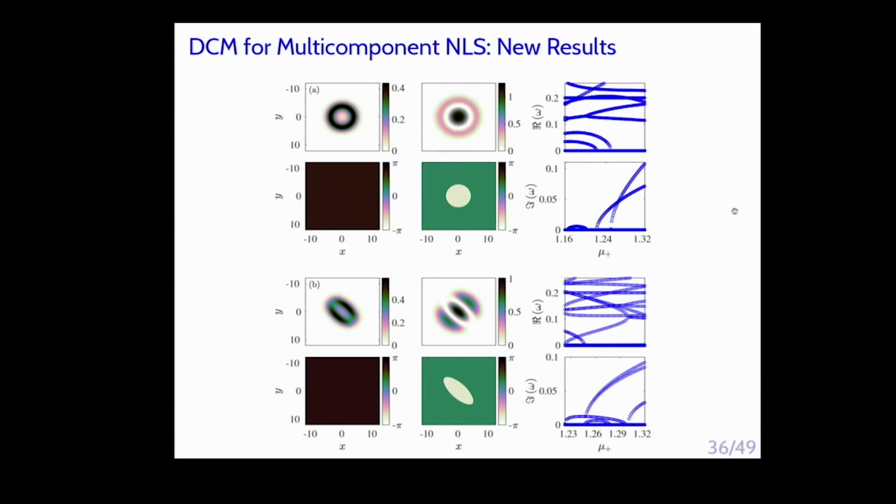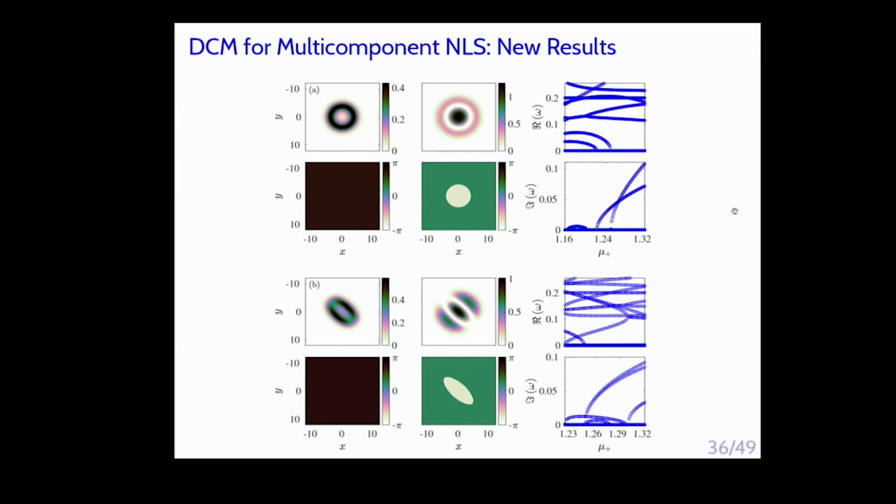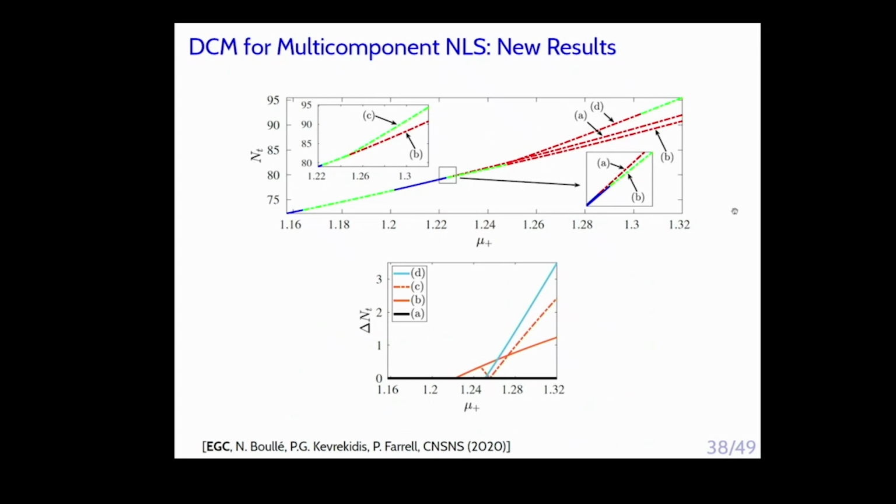Other states, a solution that in the second component has this ring with 0 density, more bifurcations that emerge as we vary the mu plus. One gives birth to this state that has 2 stripes here, and this itself has one such 0 crossing that gives birth to such a state. The parent branch also has one secondary bifurcation that gives birth to this solution that has 1, 2, 3, 4, 5, 6 vortices in the second component, okay? But totally unstable. Okay, so the bifurcation diagram, the coloring, maybe I didn't mention that, but just that the blue